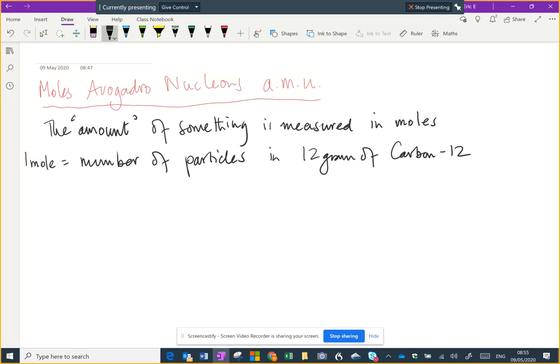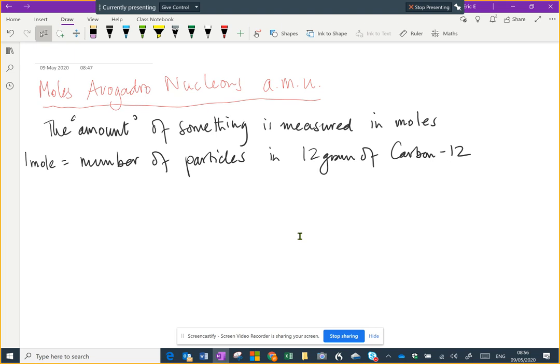So now, as we've discovered more and more, we've redefined the mole as the number of particles in 12 grams of carbon-12. Naturally occurring carbon has a small percentage of carbon-14, and as the chemists looked more and more closely at the